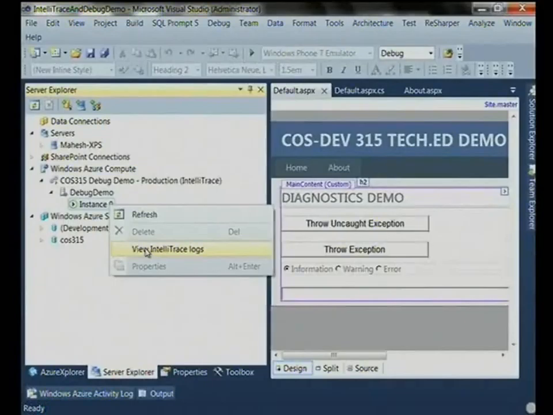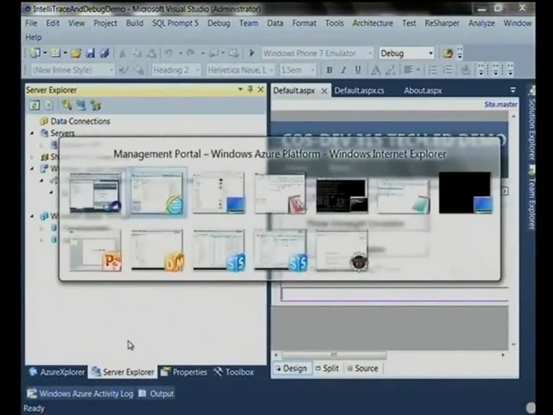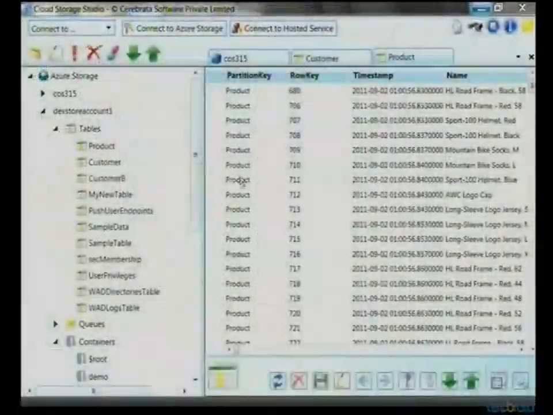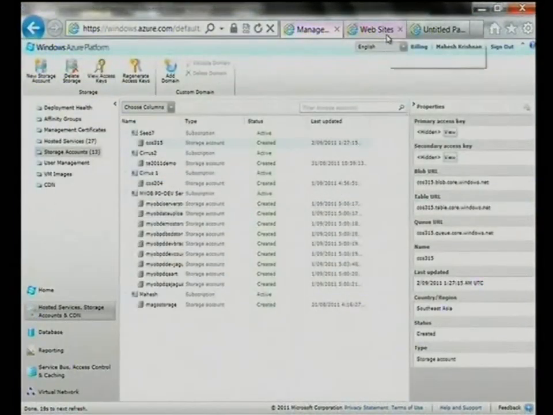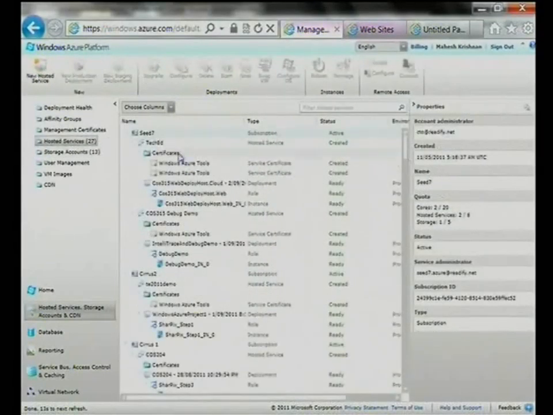So I've got a sample app that I'm going to run now. It's up in the cloud, and let me get to that. It's a very, very simple application.